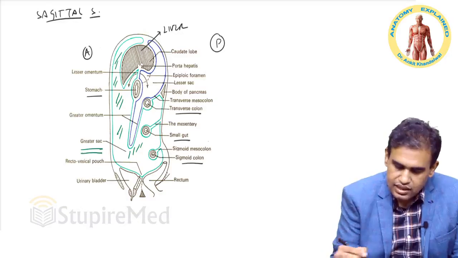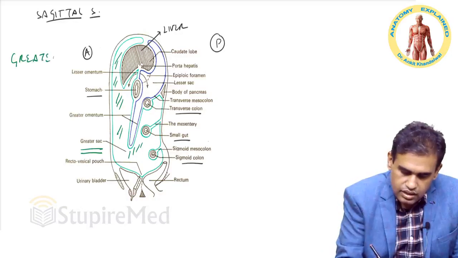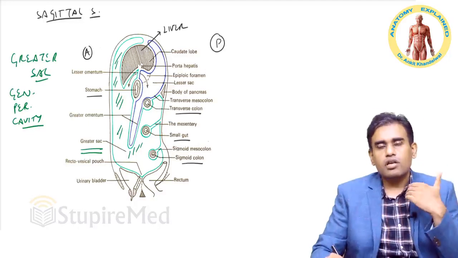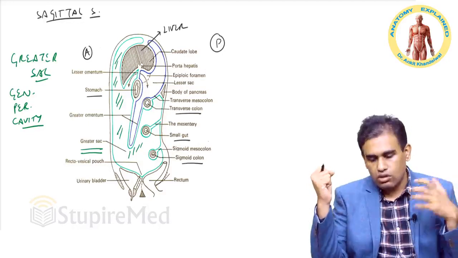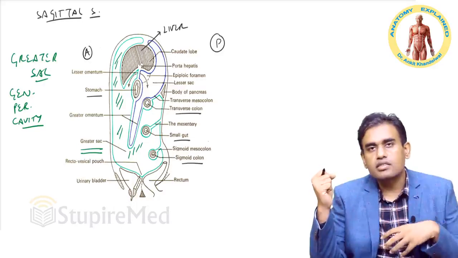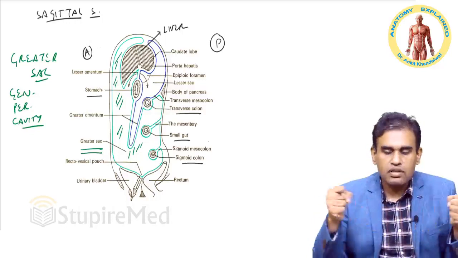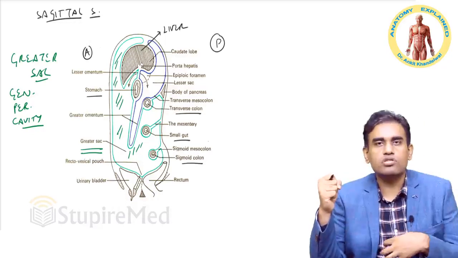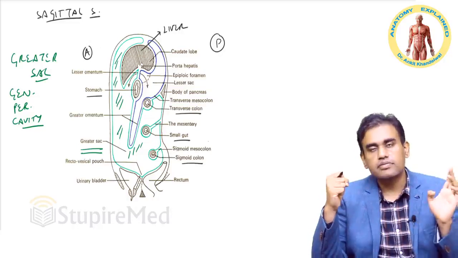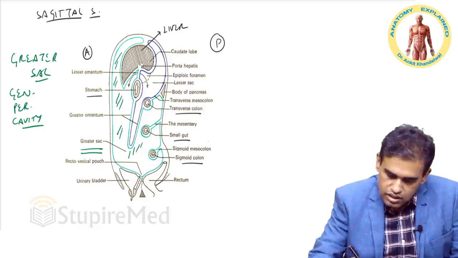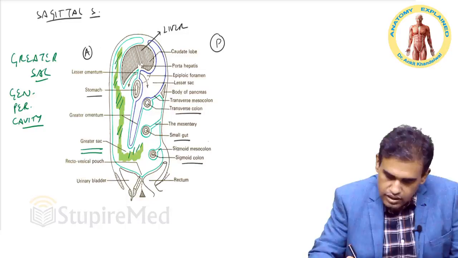This is known as greater sac. So one is our greater sac, that is the generalized peritoneal cavity. Once you cut the abdominal wall, you open the abdominal wall, and what you see are the organs and the omentums and all those things inside. The space between the abdominal wall and the organs and the omentums which you see, that space is your greater sac. If you mark it with this highlighted color, this is your whole greater sac.